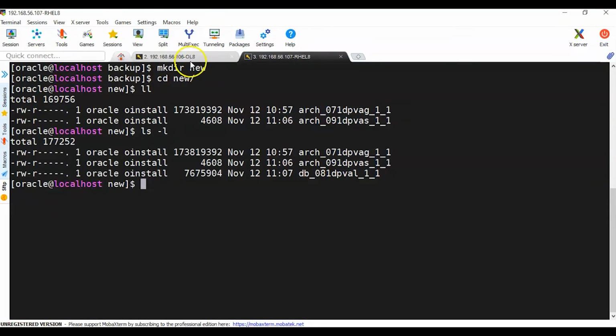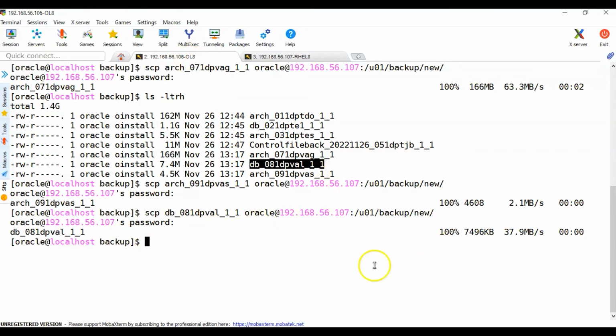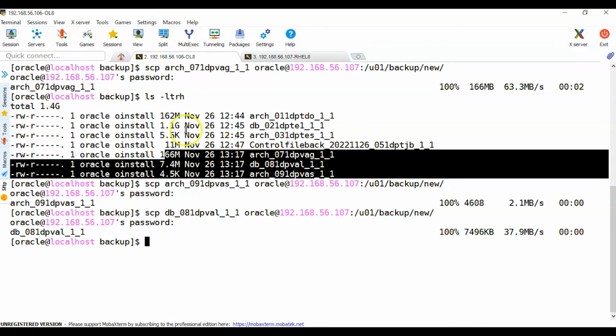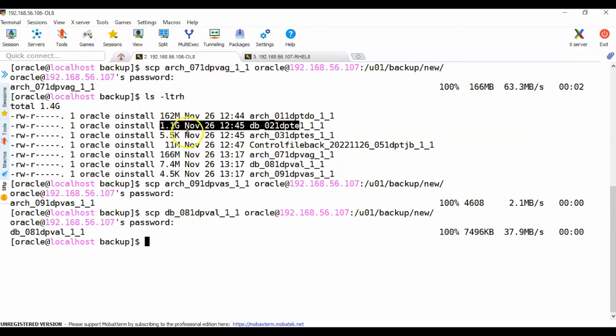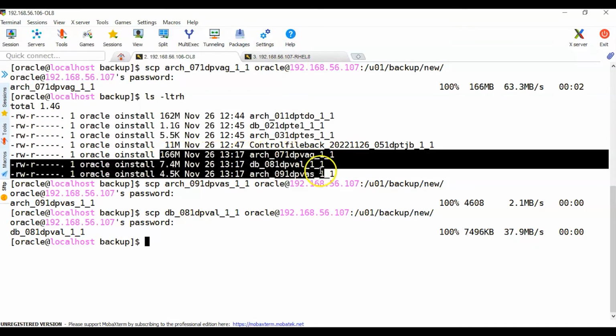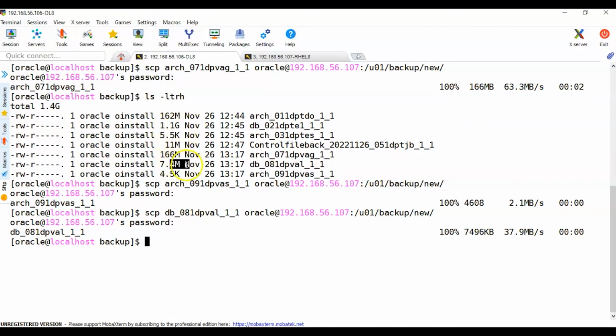So these are the 3 files as a part of the incremental level 1. It's clear that the size is much different. There is no GB size here. Here there is a 1.5 GB, the main one, and the archive is a normal size. Here, nothing in GBs, especially the DB one is just 7.1. That means it's containing only the differential between the main one and that one only